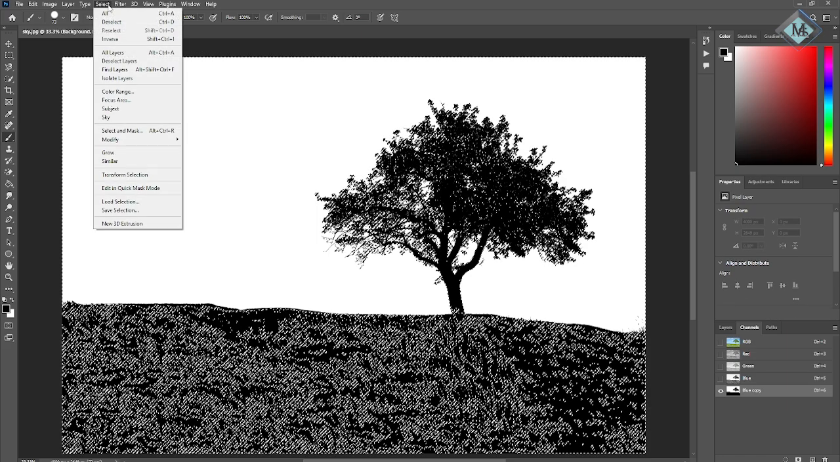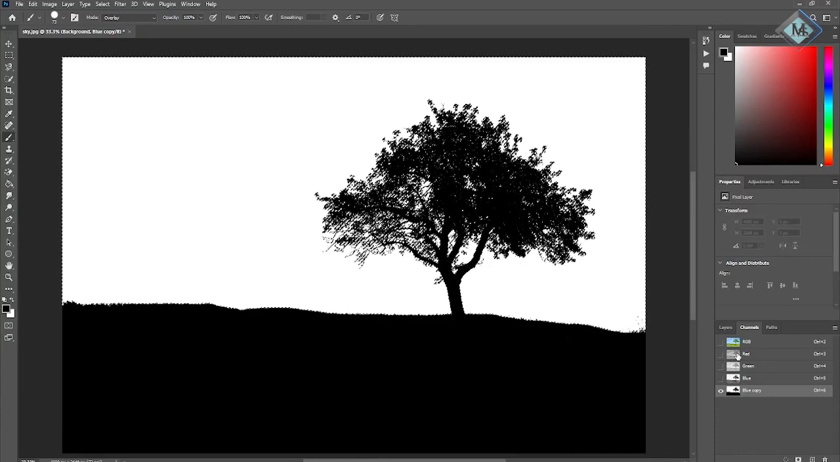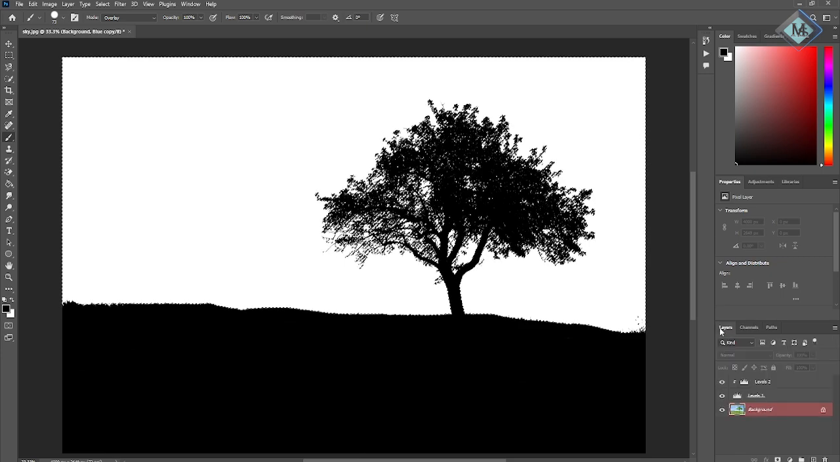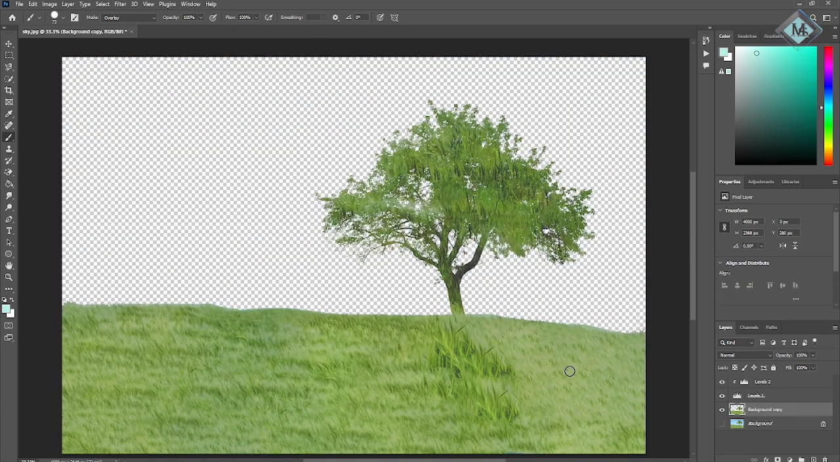Click on select and then select inverse, and now you have to press Ctrl. It means it selected the whole white part. Now you have to click on layers and copy the background, which means you have to press Ctrl J, and now delete and turn off the eyes, and here it is, my friends. See, the whole sky